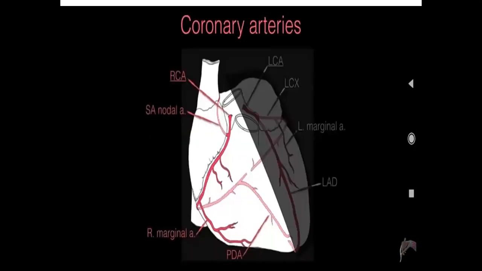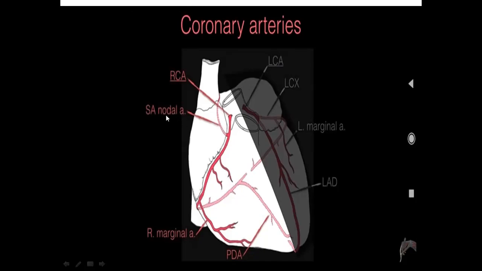Now, this picture here shows you the main arteries, the coronary arteries that actually supply the heart. And here you would see the first one, RCA, this is the right coronary artery. So on the right side, we have a coronary artery called the right coronary artery. And on the left side, we have the left coronary artery. And then here you see